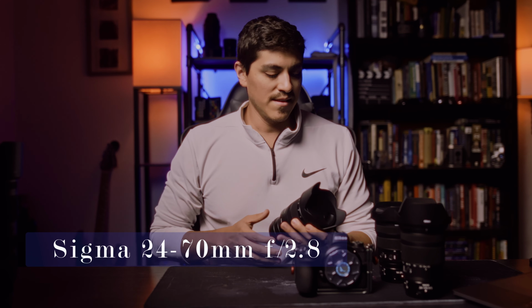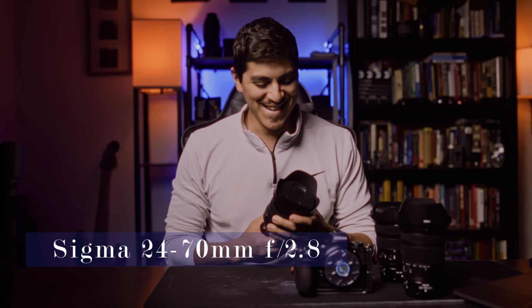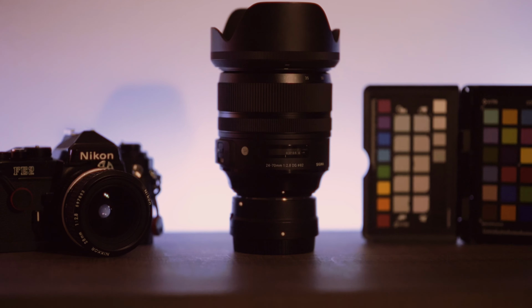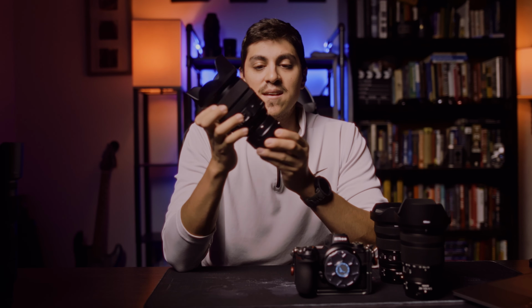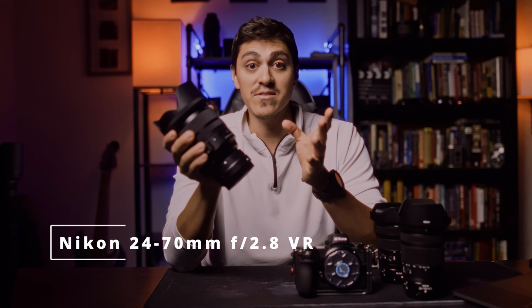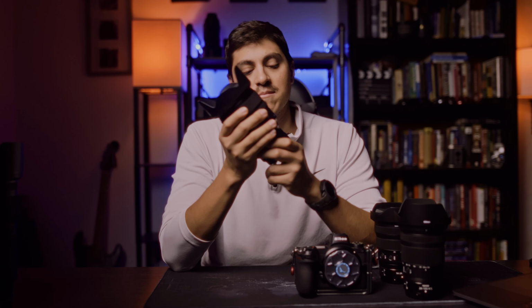Let's go with my most used old favorite lens, which, if anyone's seen this channel, they know is the 24 to 70 f2.8. This is the Sigma version. I used to have the old Nikon version for the DSLRs, which was an award-winning 24 to 70 standard zoom range lens. And after beating that thing to heck for about 3 years, it finally gave out on me